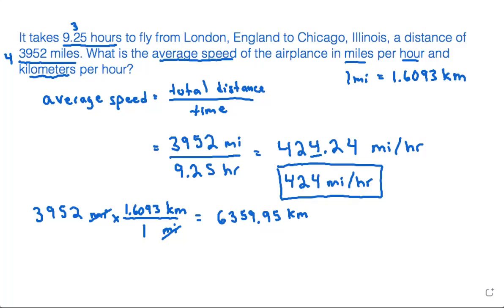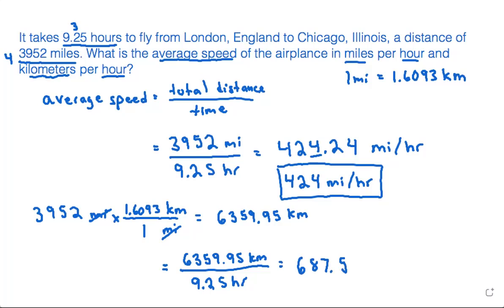And if we plug this into our average speed formula, we get the total distance is the 6,359.95 kilometers divided by the total time, which we still want kilometers per hour. So we plug in our time in a unit of hours, 9.25 hours. And if we divide that, I get 687.56 kilometers per hour,